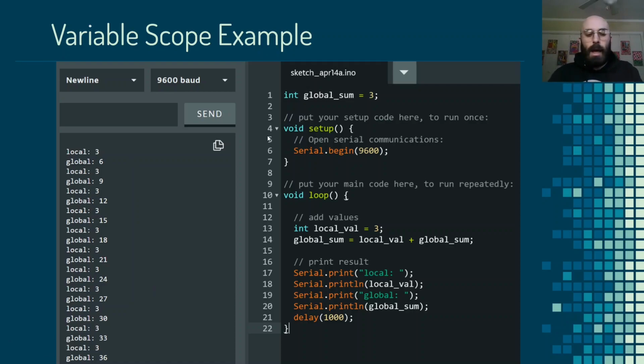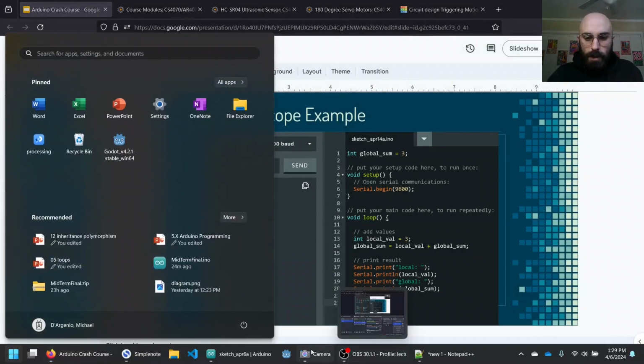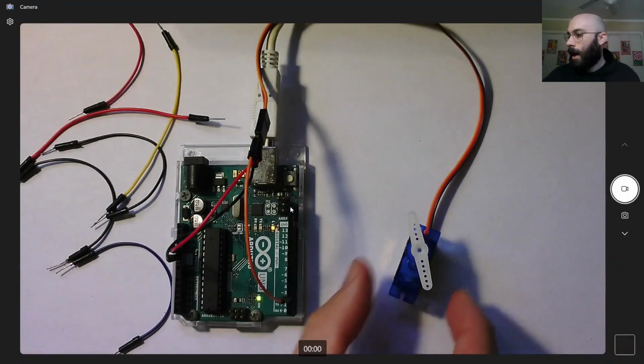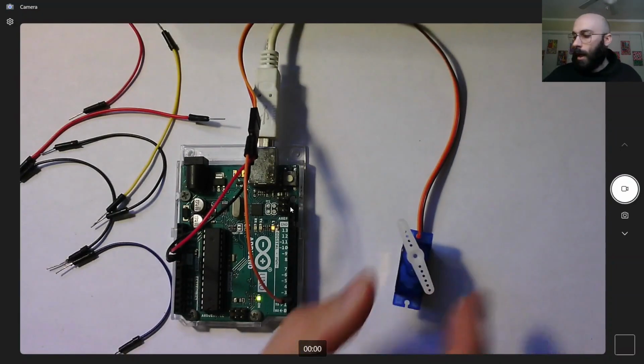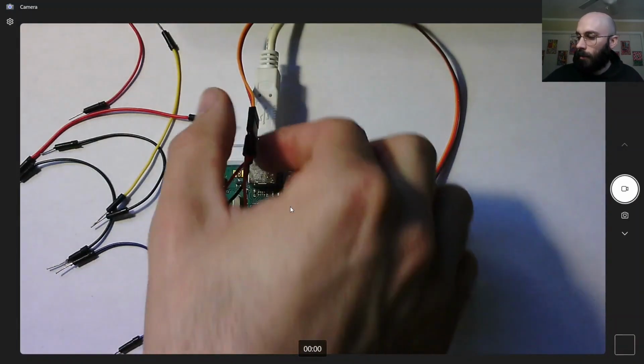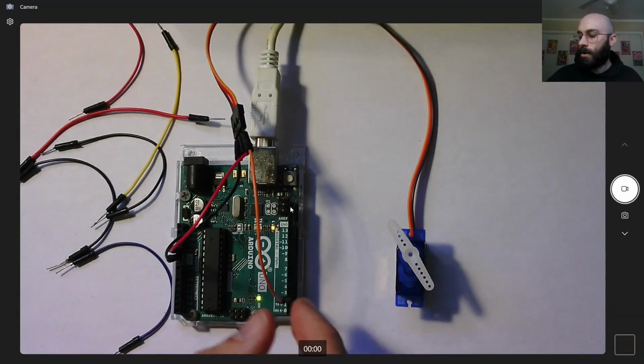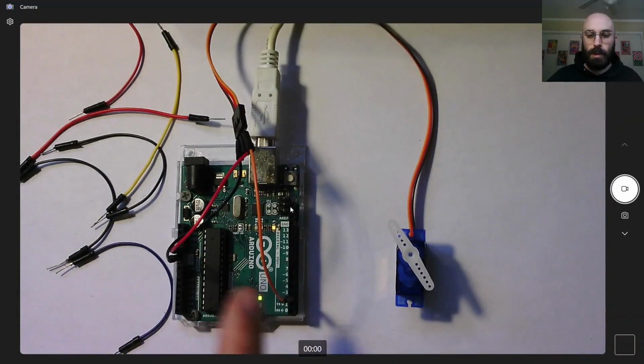So let's take a look at a more practical example here, and a less contrived example. Over here I have a servo motor, and it is wired up to 5 volts and ground, just like we've talked about before, where the brown wire goes to ground, the red wire goes to 5 volts, and then the orange wire is the control pin, which should just go to some digital pin,